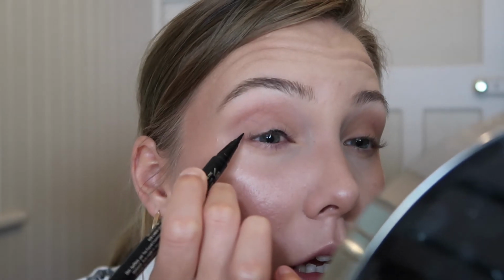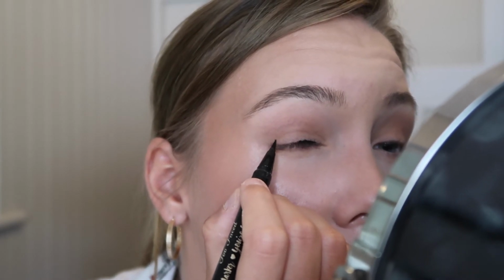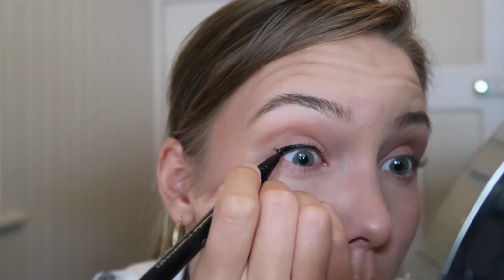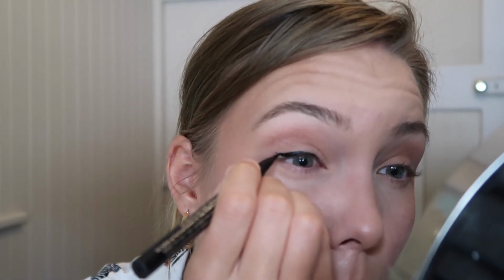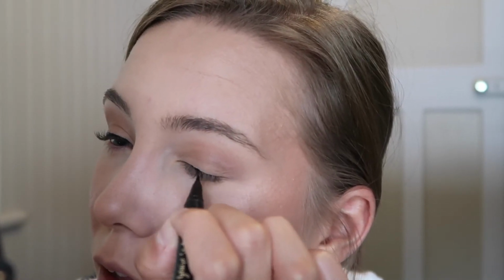So if you just put a dot around about where you want it, and then shutting your eye, and just drawing a line back like that, and then you can join it all up, and then you just fill in that gap there. So I start my liner going along, and then when it comes to it has to go into that wing,